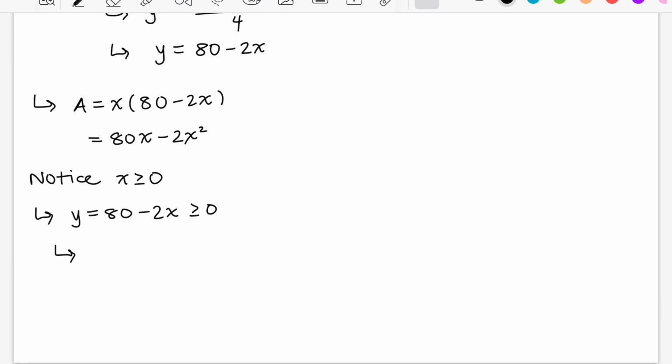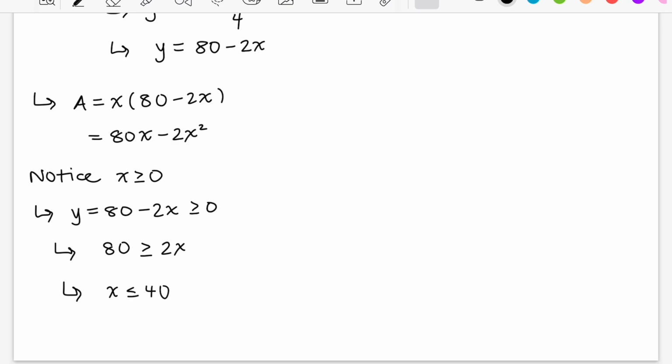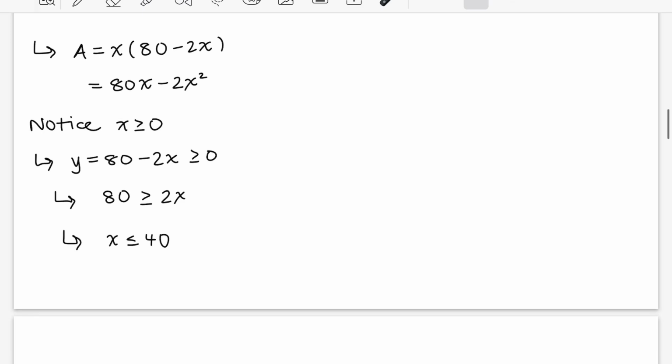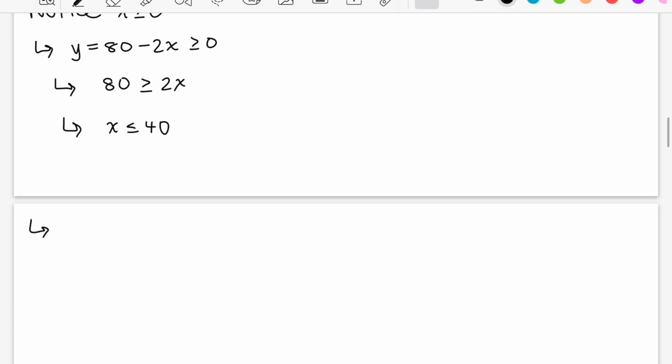This tells us 80 is going to be greater than or equal to 2x, and therefore x is going to be less than or equal to 40. All right, so now we have these restrictions on x. So x is only defined on this interval from 0 to 40. So then our problem becomes,